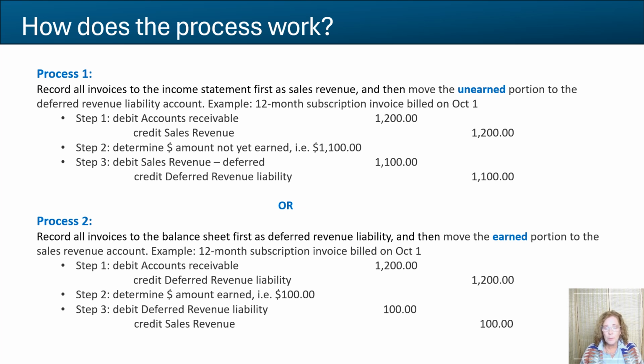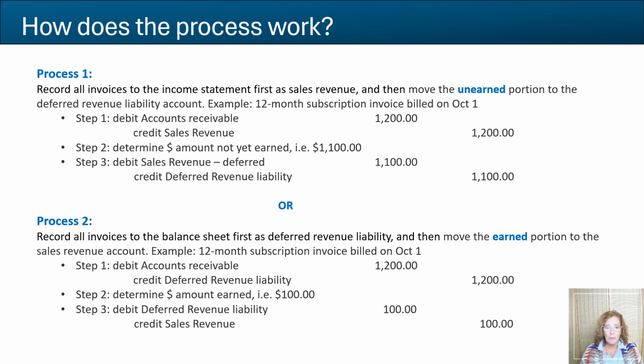Other companies book all revenue to the deferred revenue liability account on the balance sheet first. I've labeled that here as process 2, and then at month end, the accountant or the system prepares a journal entry to move only the revenue that has been earned that month to the income statement. So under process 2, we first record a debit to accounts receivable and a credit to the deferred revenue liability